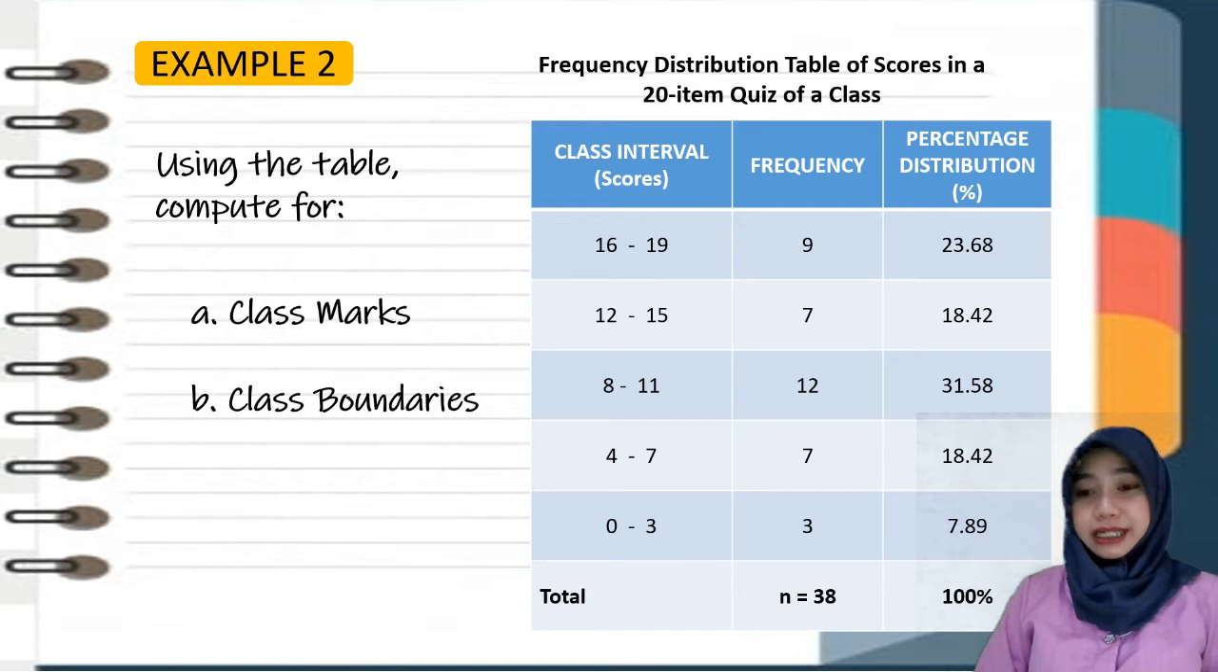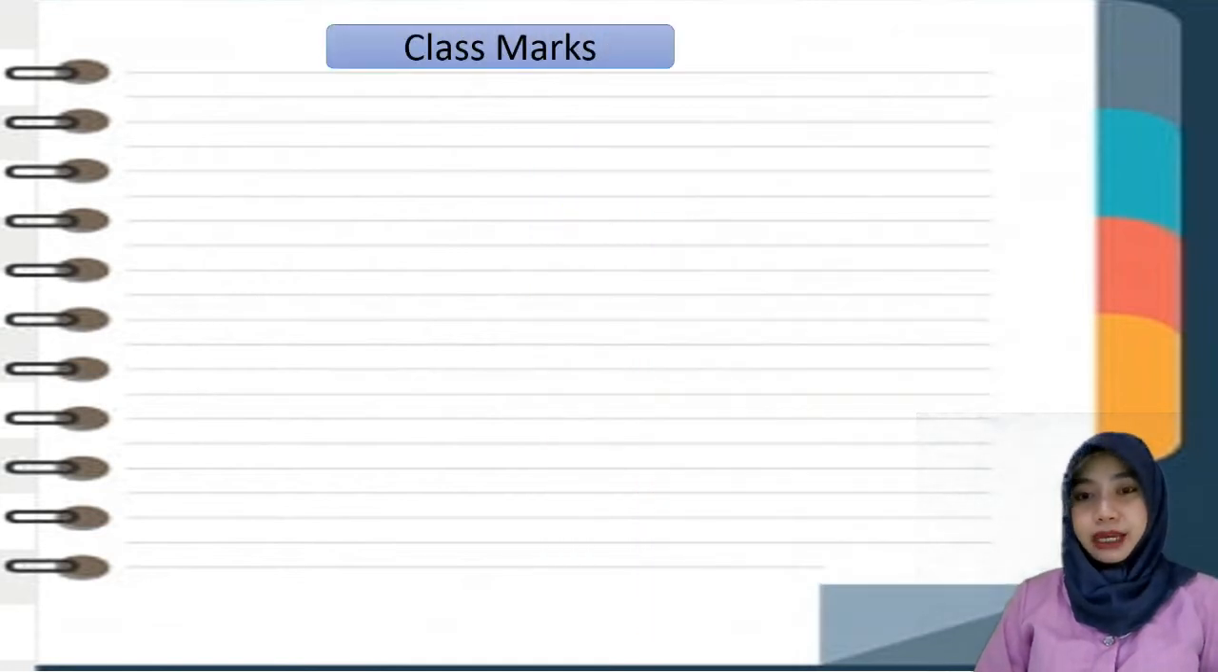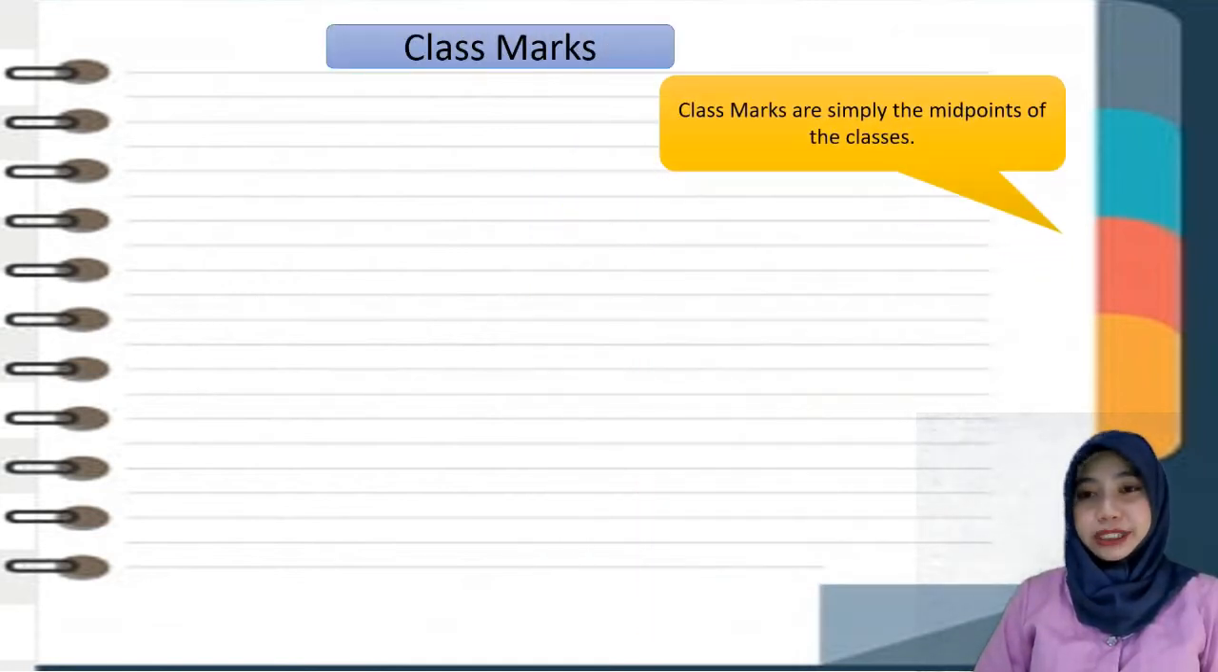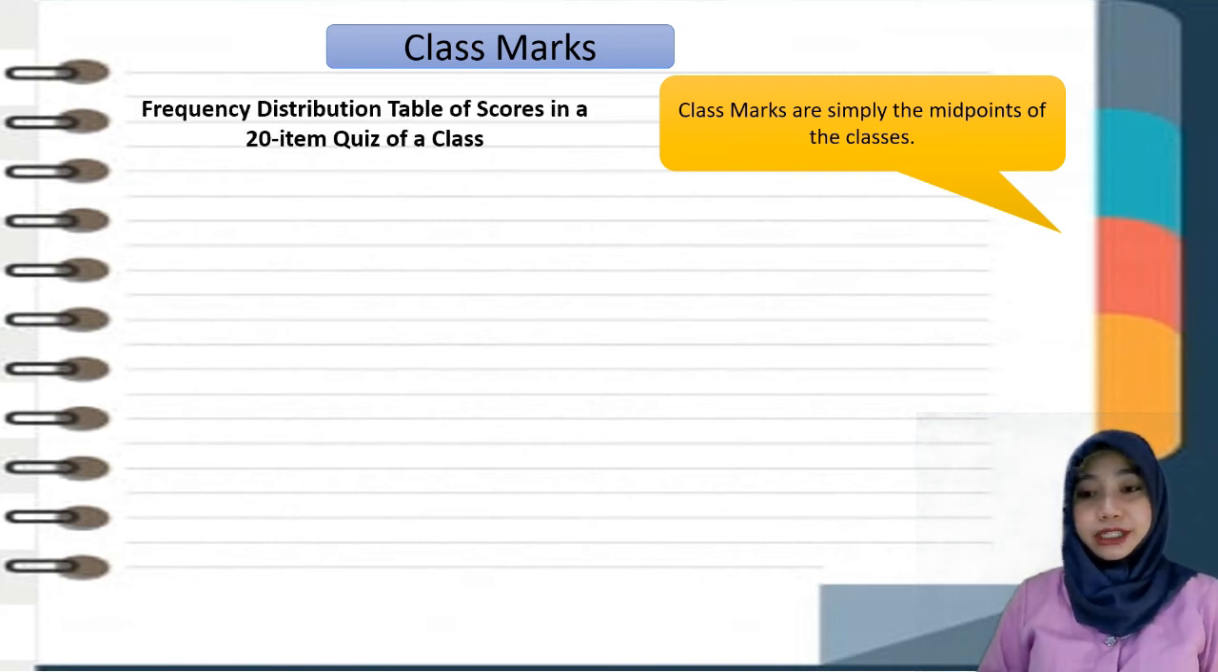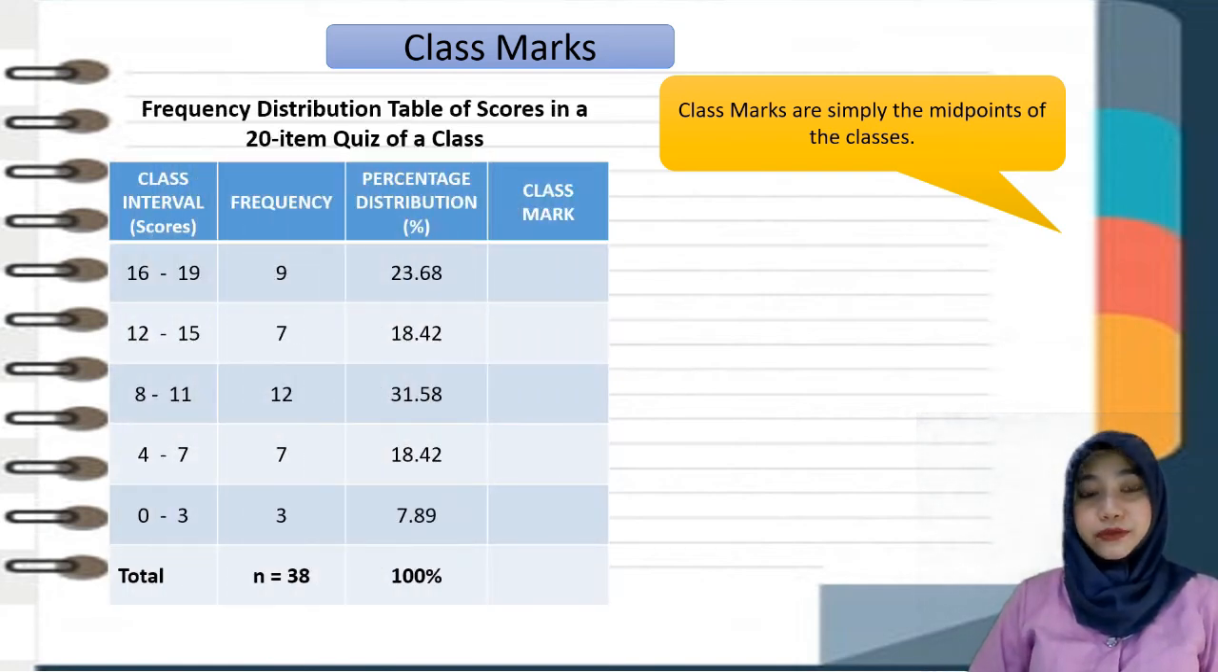What do you mean by class marks? Class marks are simply the midpoints of the classes. So we have here the given table, which is the frequency distribution table of scores in a 20-item quiz of